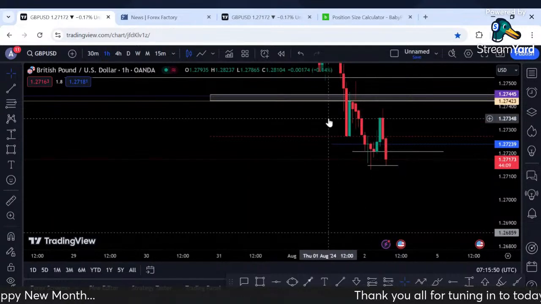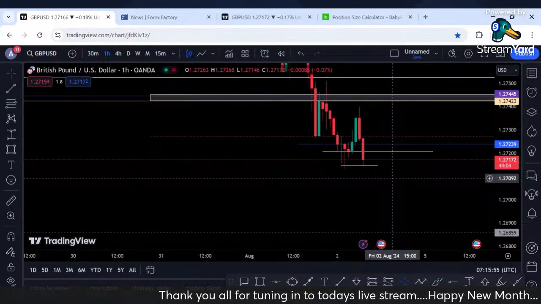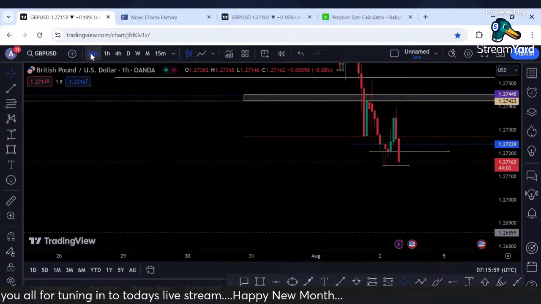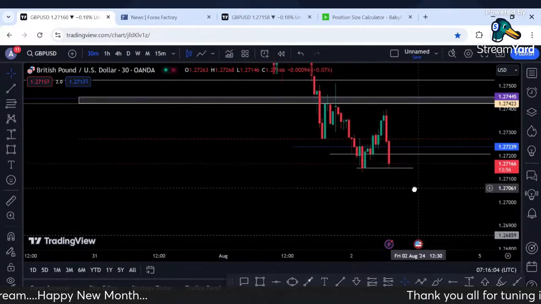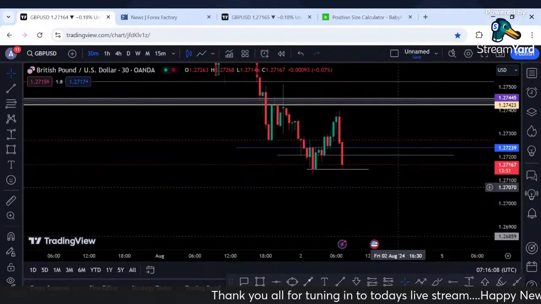I always prefer trading in a clean zone. I prefer trading in a zone where there's no distraction. That's what increases my win rate. Even though I knew it will be selling today, but